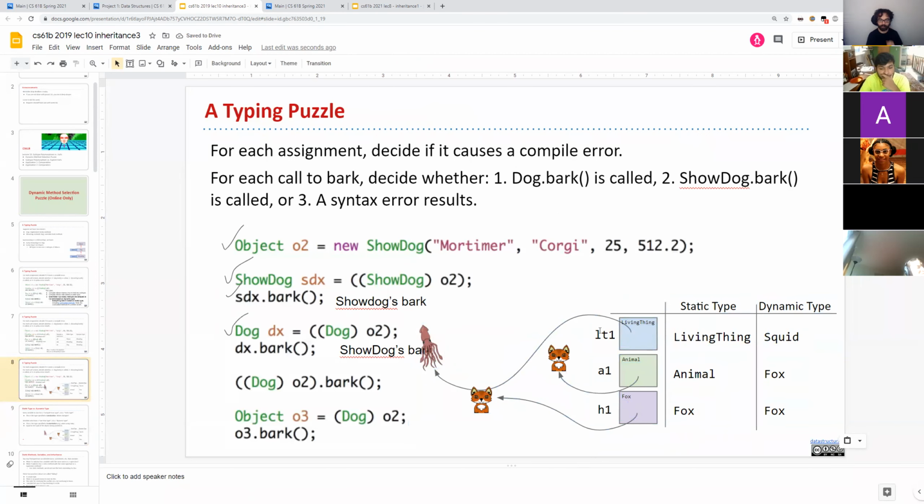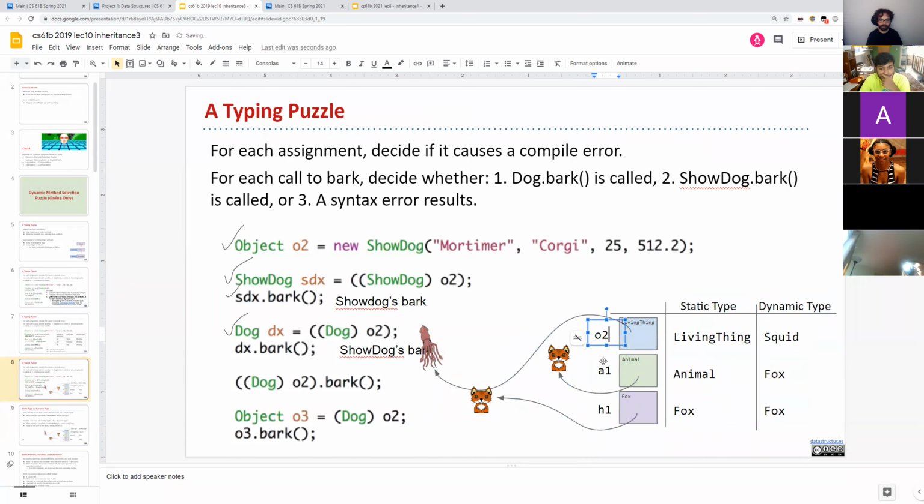So in this universe, we have O2, SDX, DX. Static type is show dog. This one is object. This one is dog. Okay, and this is dog, show dog, object.